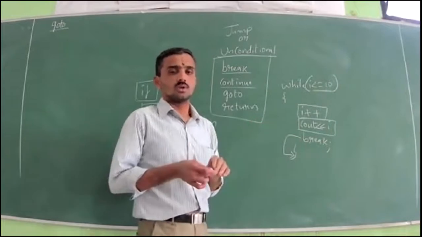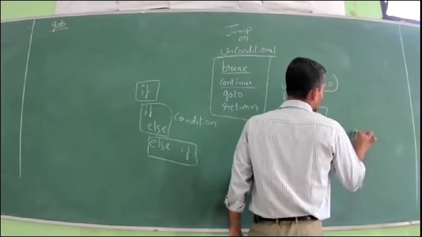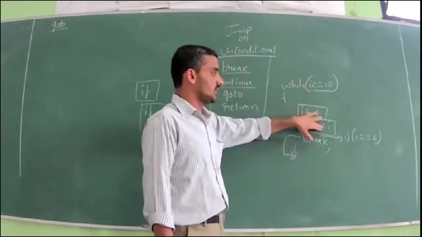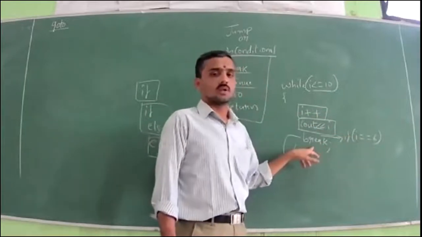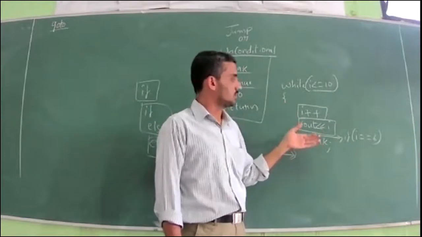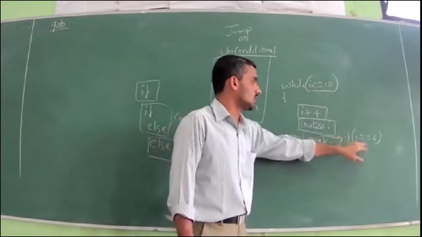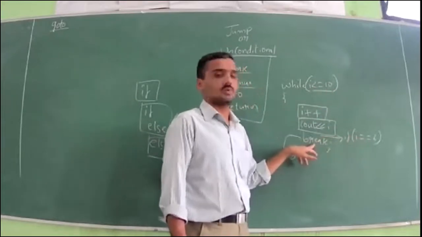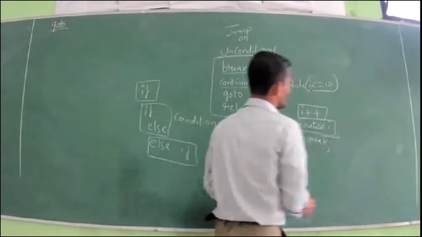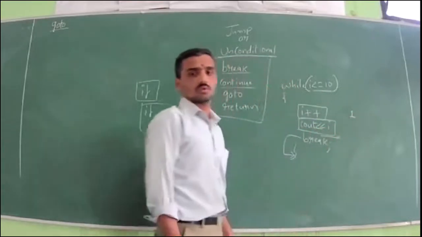And just now we have discussed the program. Before writing the break, I have used if I is equal to 6. That means let it print from 1 to 5. When it reaches 6, then it should break. That means from 6 to 10, it should not print. So there I'm giving some reason. I don't want to print from 6 to 10. I want to print only from 1 to 5. So I have to write the condition: if I is equal to 6, then only. So if I don't write the condition, what happens? If I don't write the condition, then it prints only one time, that is 1, and it will break. Program control will stop.